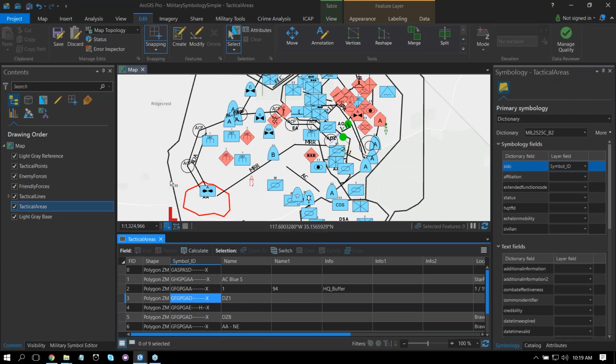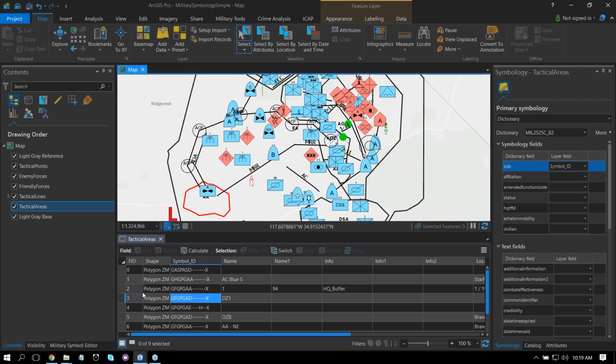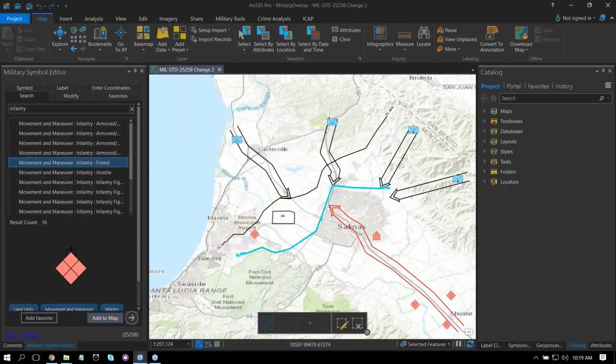So this is just a basic example of how we would get basic symbology into the environment, utilizing just points, lines, polygons coming from shapefiles or from a geodatabase. But what if we had to draw something a little bit more challenging, like an entire map of a battlefield? So here I have a few different elements that I've created. So I have a few phase lines, I have a few axis advance avenues of approach,